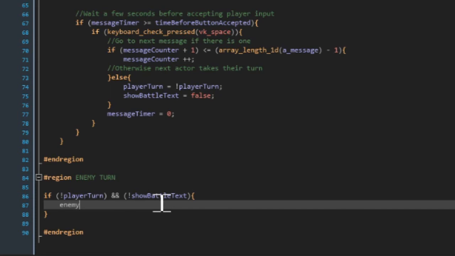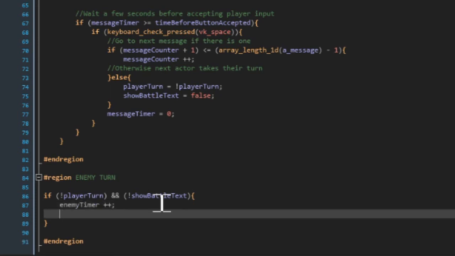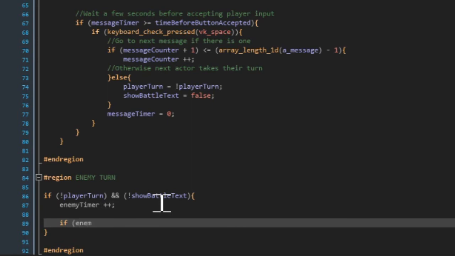So enemy timer ++. If enemy timer is greater than or equal to time till enemy attacks,